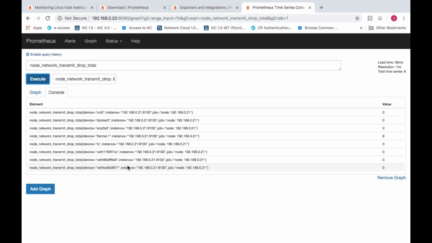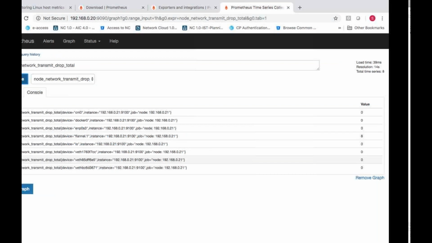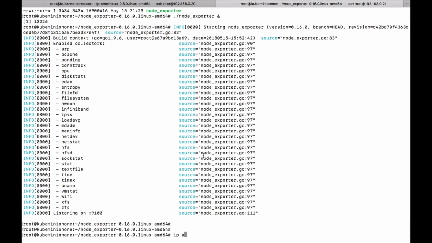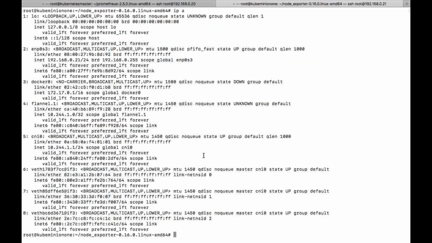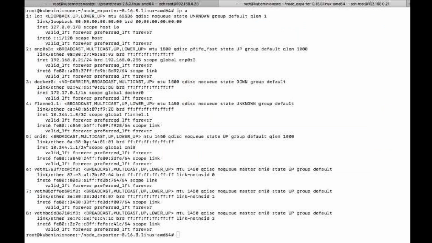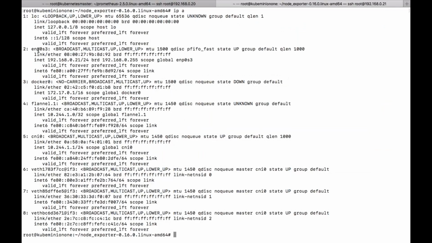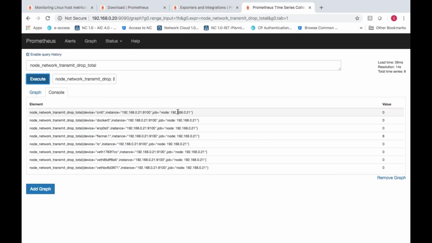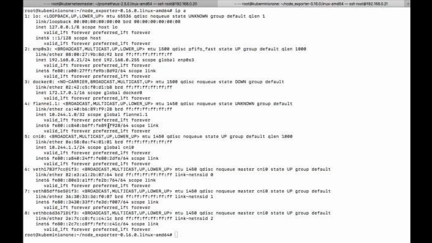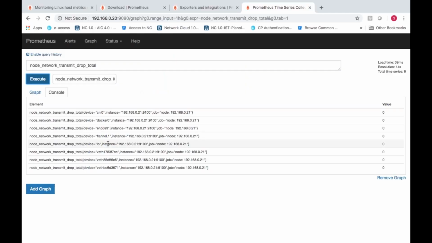All the interfaces in this particular node are shown here. You can see here we have the same thing: LO, ENP0S3, and Docker0. These are the node names, so it is the same node I'm searching for.